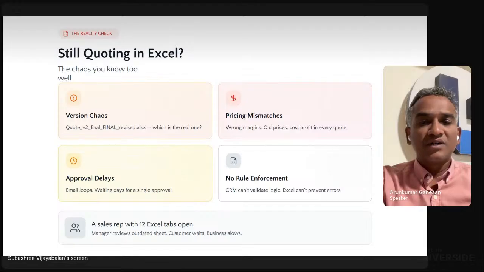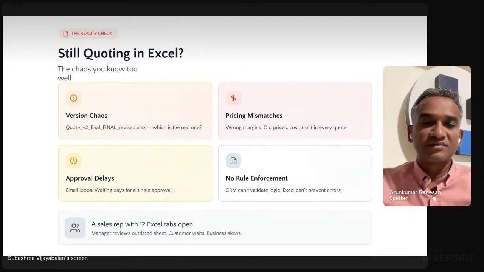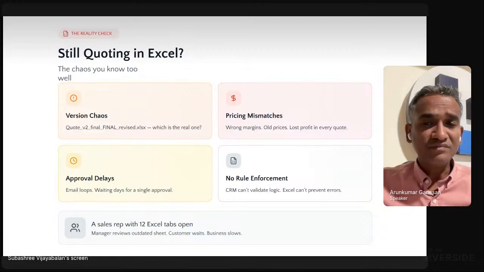We don't have a rule which is enforcing this. So a sales representative will have multiple different tabs with so many different Excel versions, and finally they will end up with something like this.